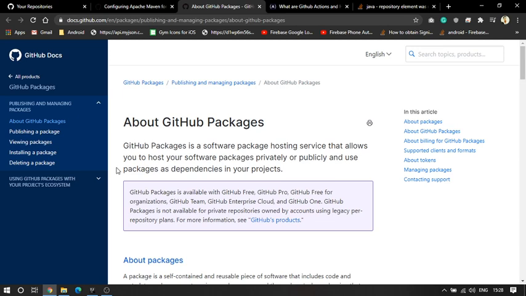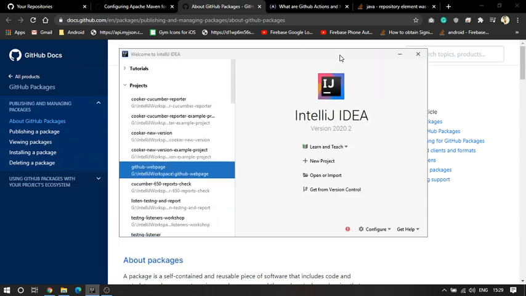So today, instead of going through all these things, I'll quickly jump into the example and show you how we can host the packages and how we can use them in your projects, or distribute the same thing to your friends or colleagues, or somebody in the world can use your dependency. For that, I have IntelliJ here. I'll create a simple Maven Java project and show how you can create a package and utilize it. I'll click on new project.